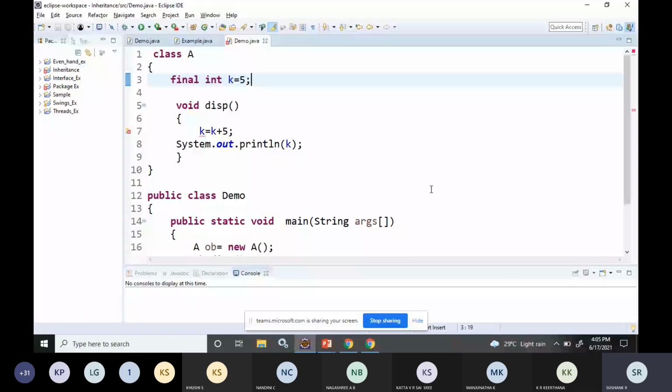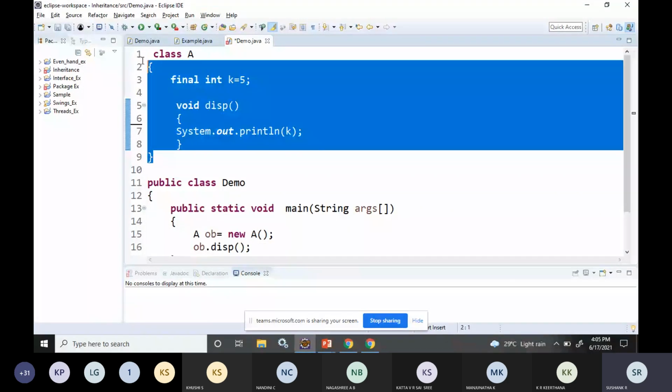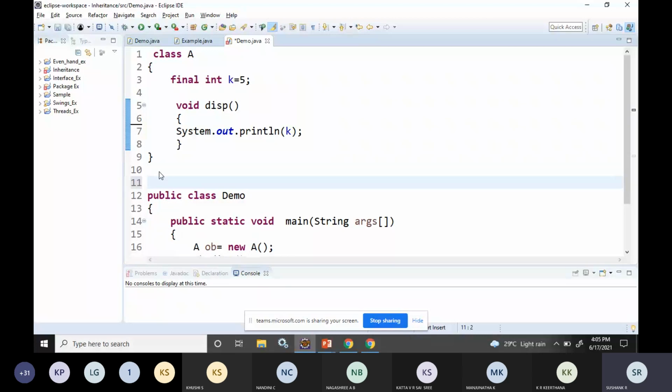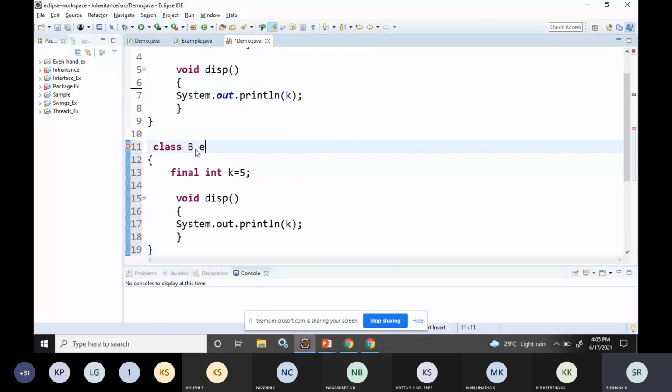Now the same thing, I'm using the final keyword on a method. First, you just understand: class B extends class A, and I don't need this also.